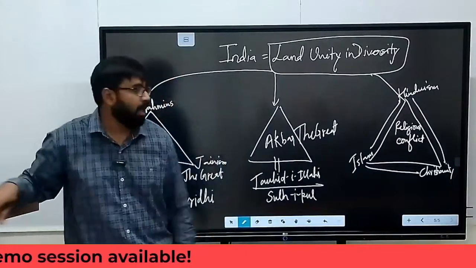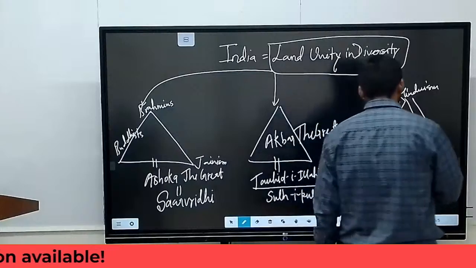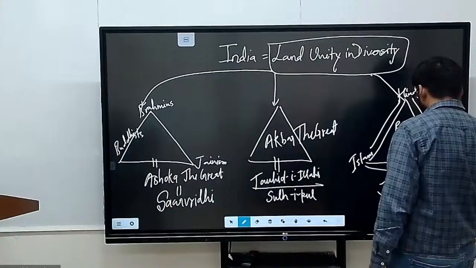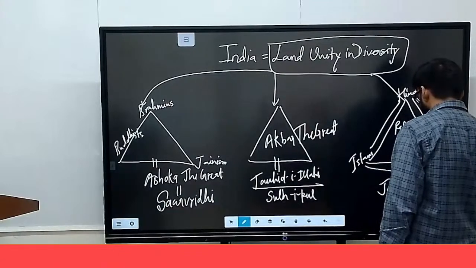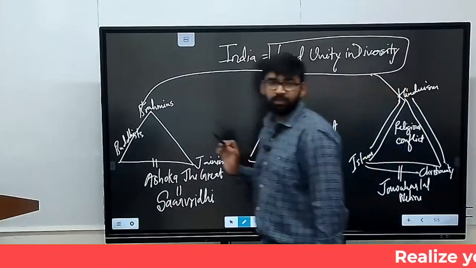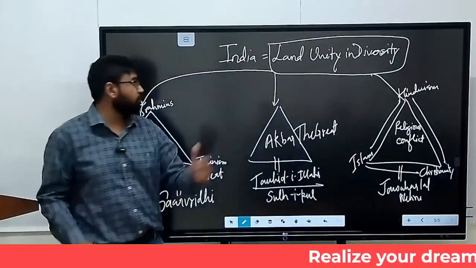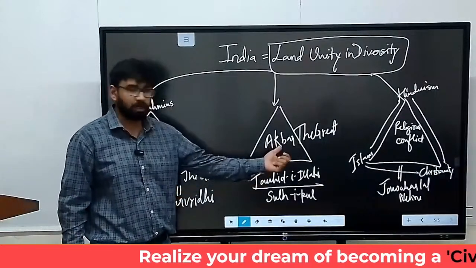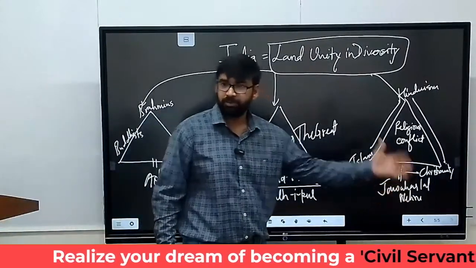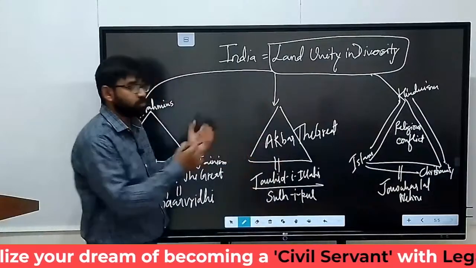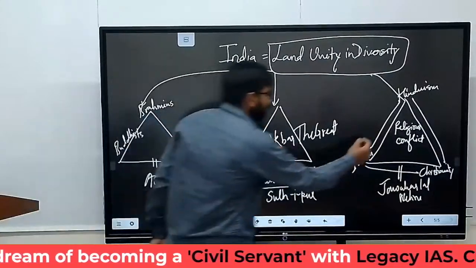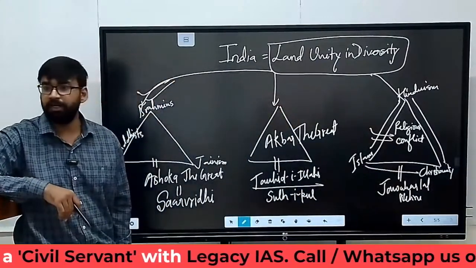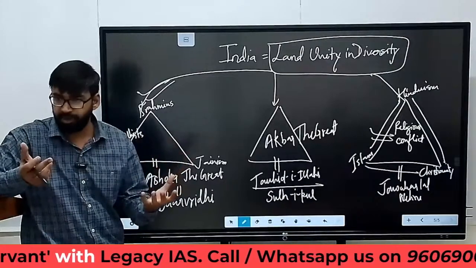Getting my point? And in modern times, this was understood by Jawaharlal Nehru. Unity in diversity. It was understood by Ashoka first, in medieval times Akbar, and then in modern times Jawaharlal Nehru. This is the relevance of history, that these leaders understood India's history from ancient times: what is the culture of India?